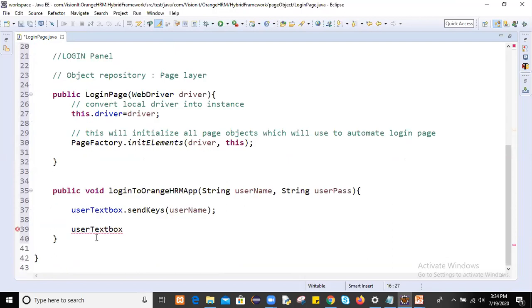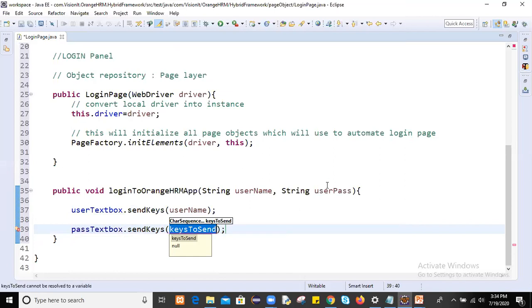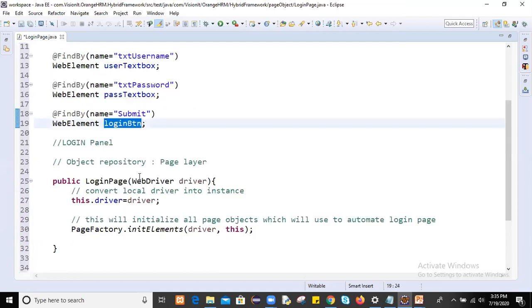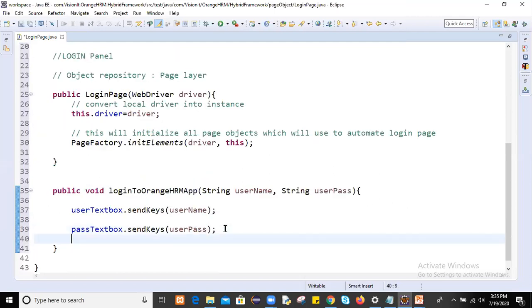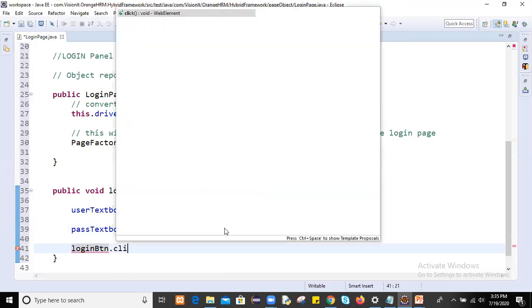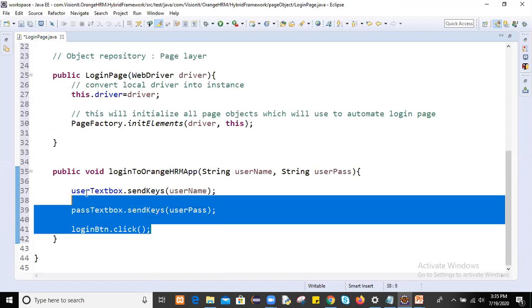Pass text box. This is the password text box; use the sendKeys method again, and here we pass whatever password we pass at runtime. Then after that, finally we are going to perform a click operation: loginButton.click. The moment you perform the click operation, it will log in to the application.